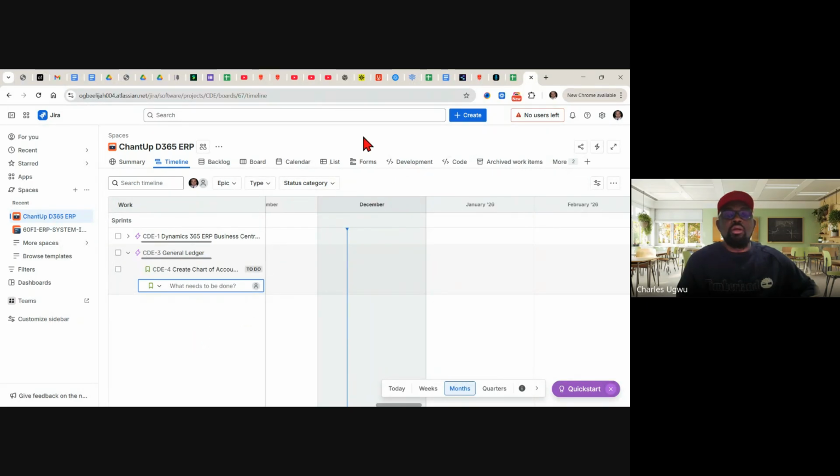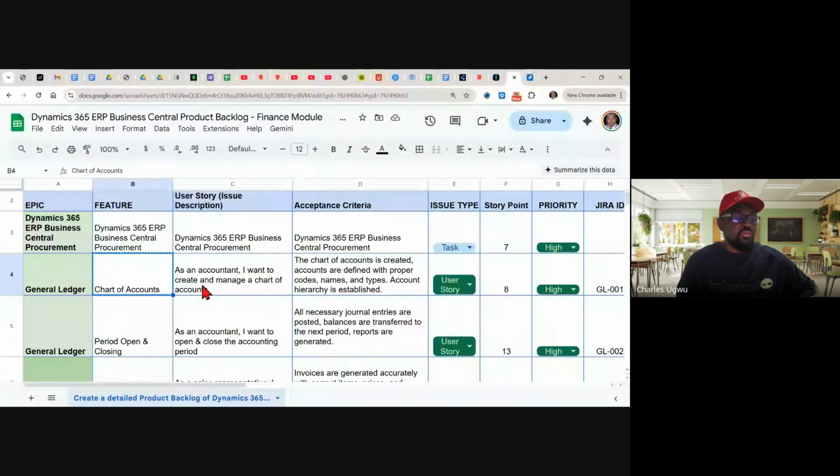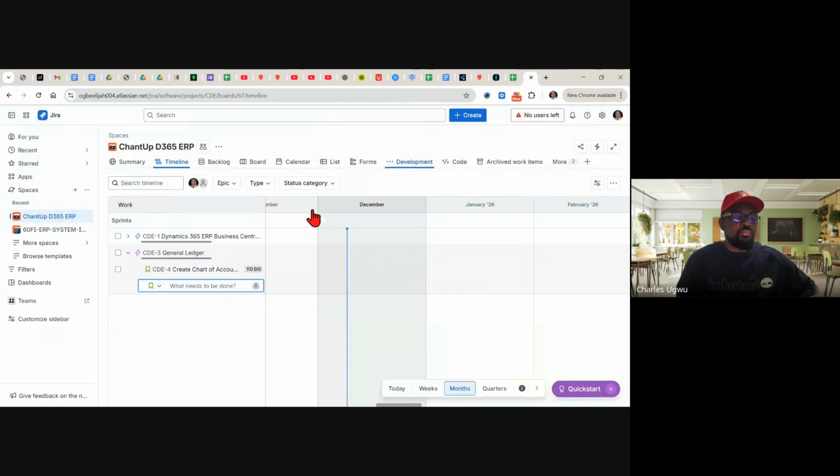And any other work item under general ledger, the general ledger will have account closing period. And we save.